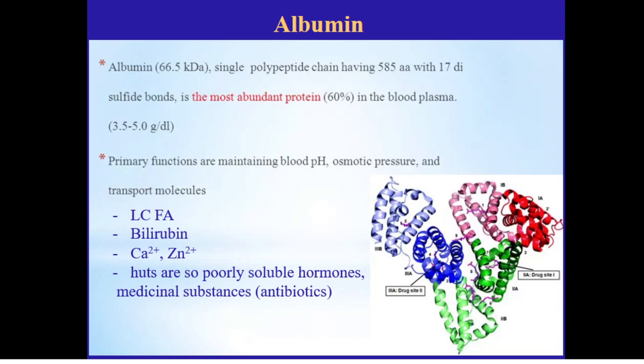Bilirubin from all reticuloendothelial cells. Bilirubin is a water insoluble, toxic molecule, so it must be transported by albumin to liver cells, where it will be conjugated with glucuronic acid and excreted with bile. Many ions can be transported by albumin, for example, calcium, zinc. Nearly 40 ions of calcium can be transported by one molecule of albumin. Then